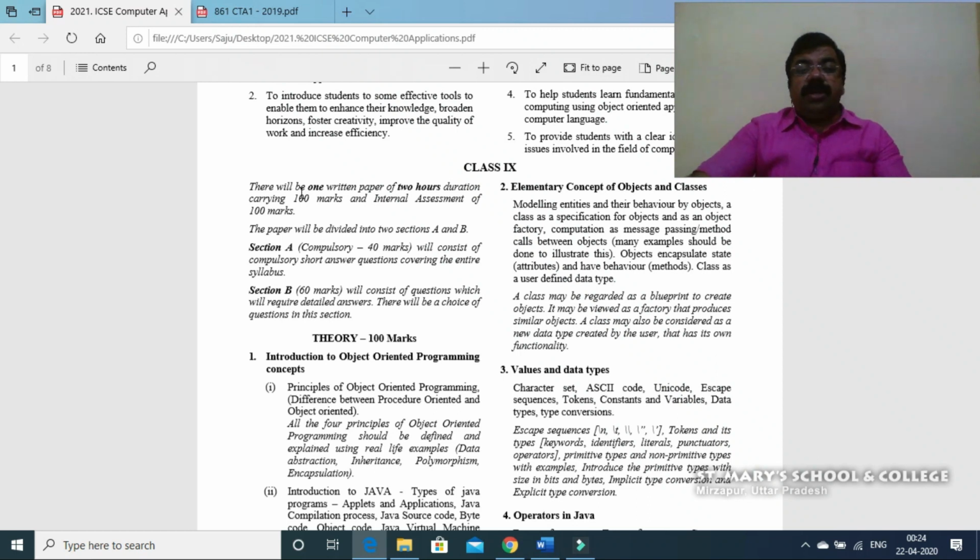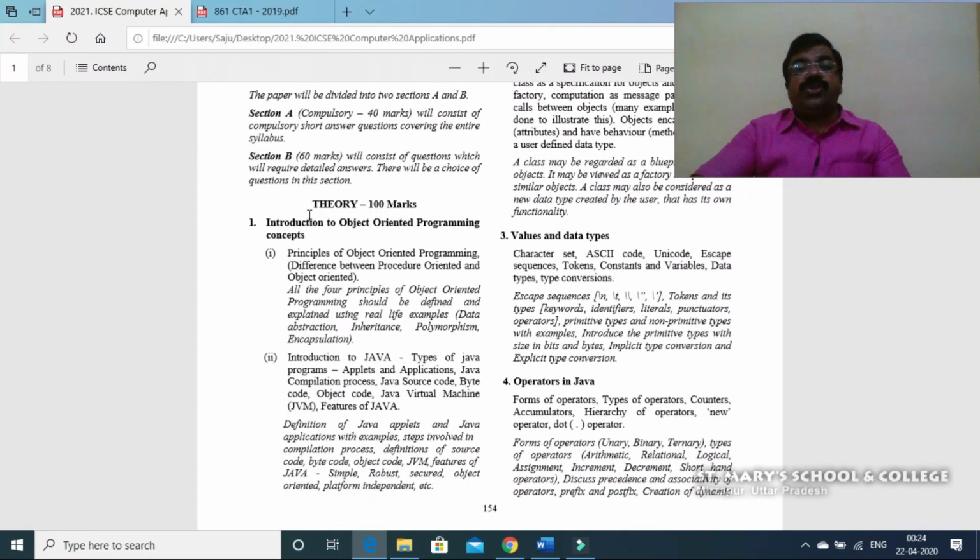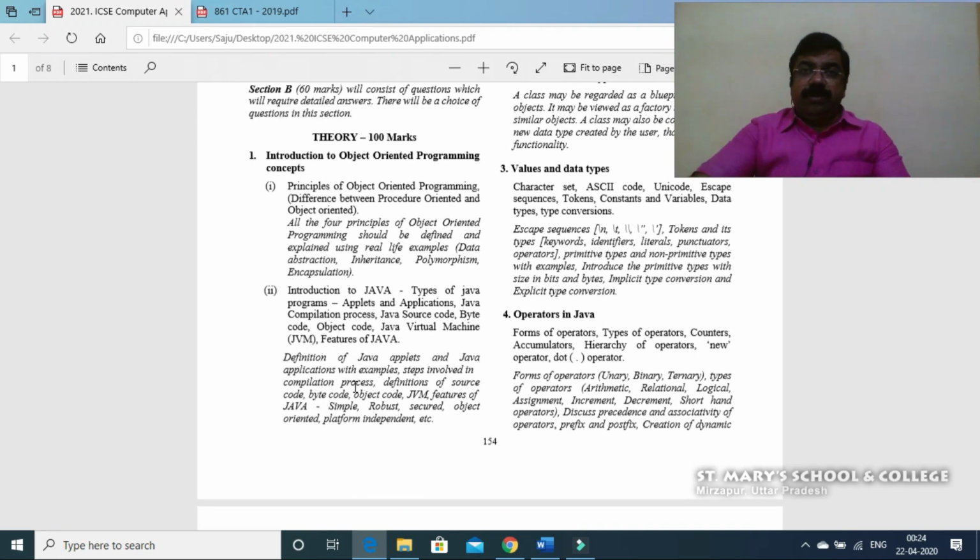Next, in the theory examinations, first of all, we had an introduction to object-oriented programming, or the OOPS concepts we say. In those OOPS concepts, you have studied what is an object, what is a class, the principles of OOPS: abstraction, encapsulation, polymorphism, etc. Then later on you came to the introduction of Java, then the history of Java,